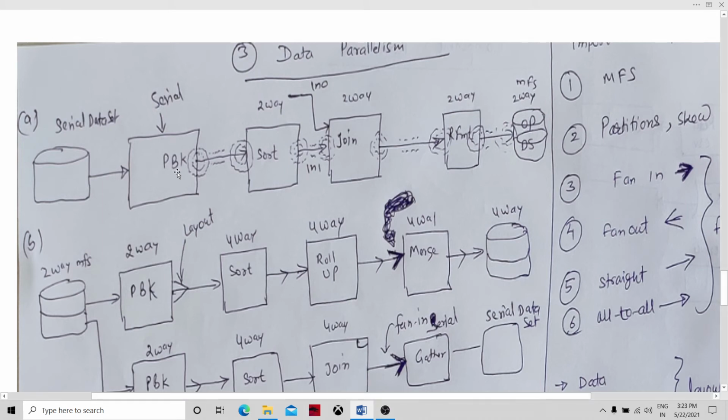We use partition components to make serial data parallel, or to go from one way of parallelism to another.